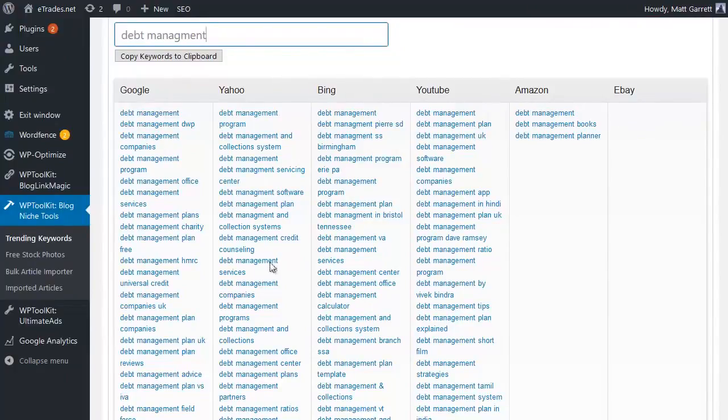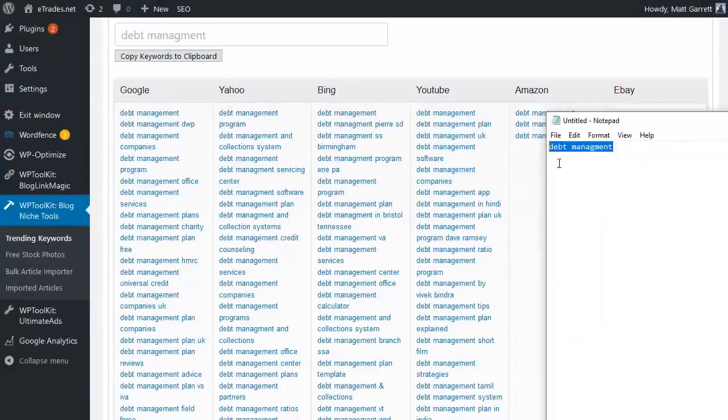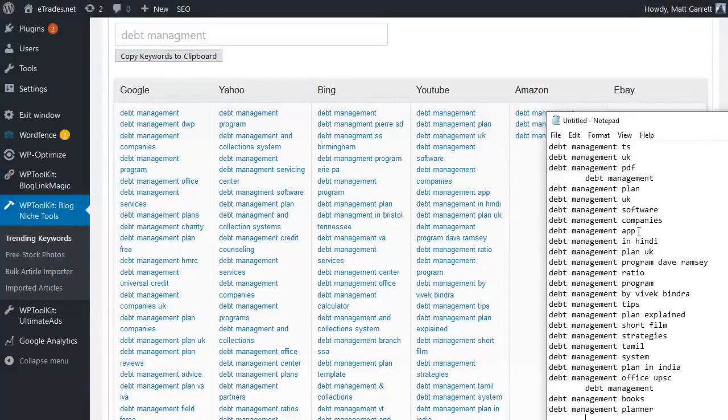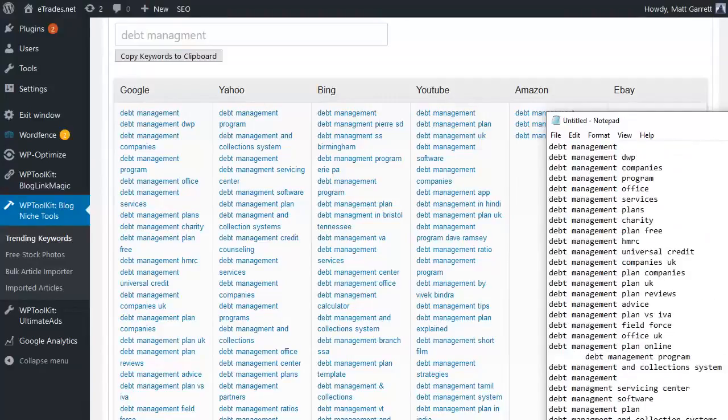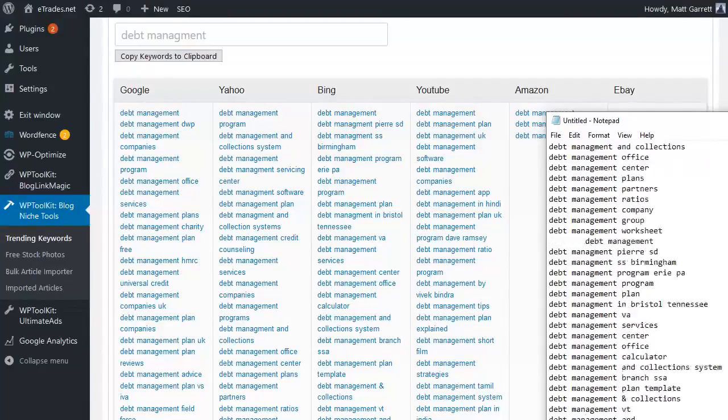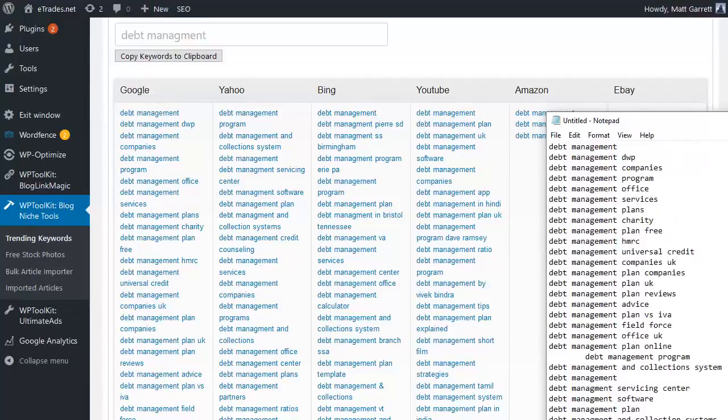So we can then quickly go through and pick the keywords that we feel are relevant to that particular article that we want to target. Simple way of doing it at this point though, all I'm going to do is copy those keywords into a clipboard. Let's actually paste them here in a text file. If we hit Control V, I've got all those keywords that the tool has found for me in a text file, and I can then go across to the post and pick out whichever those keywords that I want to